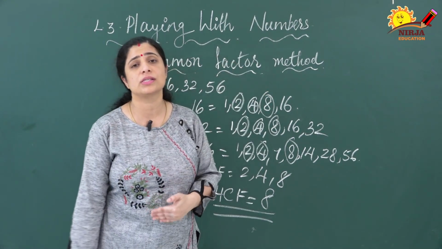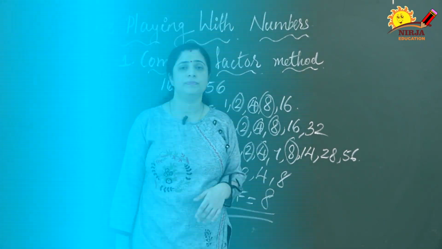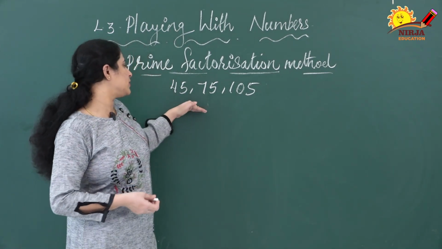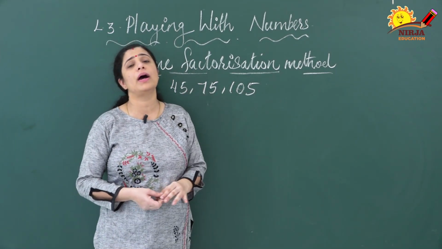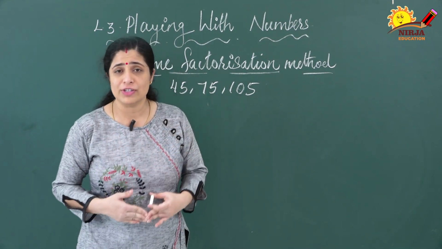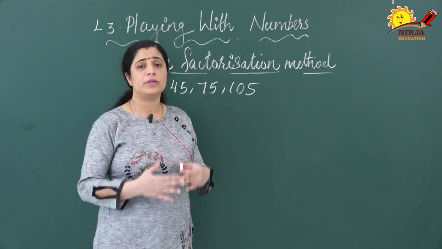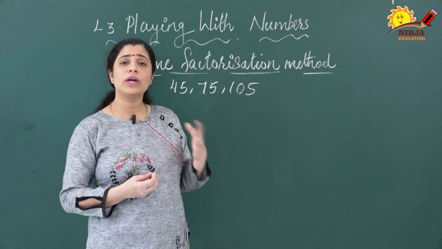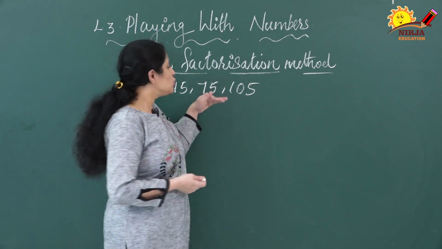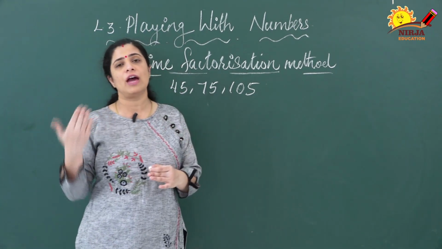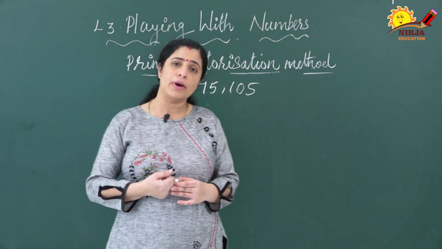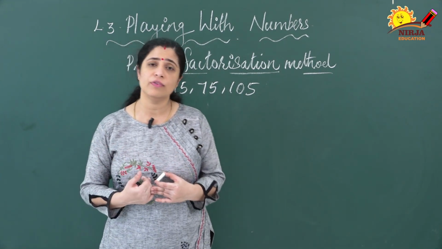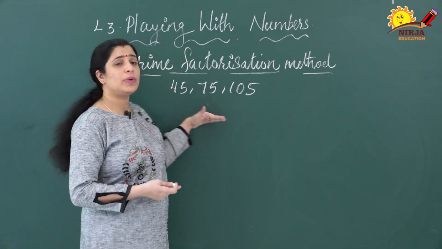Next we are going to discuss the prime factorization method. Prime factorization method means we are dividing the number by only prime numbers. For the division we use only prime numbers, so that is why this is known as prime factorization. We will see how we can do the prime factorization method. To do this, we have already learned the divisibility tests of numbers, which I have already explained in a video. If you haven't gone through it, just go through that video. The divisibility tests we can apply here.